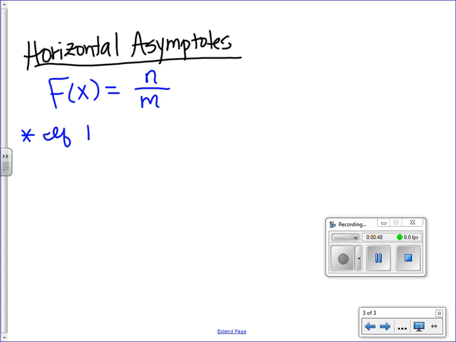If the degree of n is less than the degree of m. What does degree mean, by the way? The highest exponent, exactly. So if the highest exponent on the top is smaller than the highest exponent on the bottom, that's what that's saying, okay? If the degree of n is less than the degree of m, then